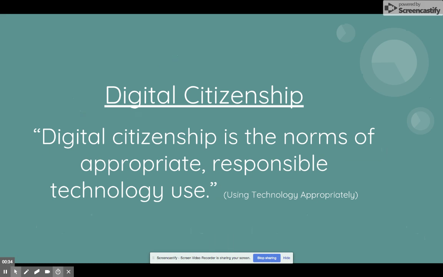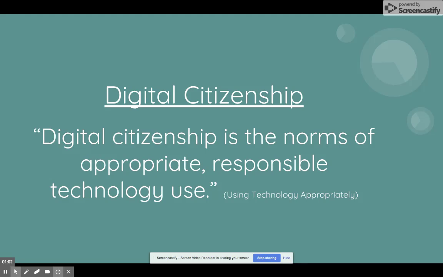Digital citizenship is the norms of appropriate, responsible technology use. In this changing world, people are learning how to manage their use of technology. We need to teach and guide students so that they demonstrate good digital citizenship. It prepares them for a society full of technology. This is the reality of the world they will live in. They need these skills to be productive members of the workforce.